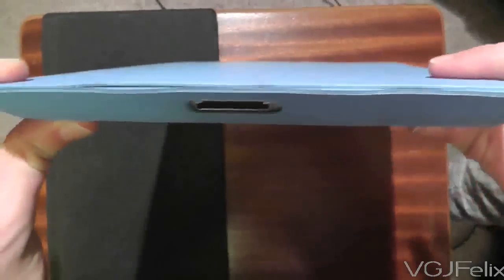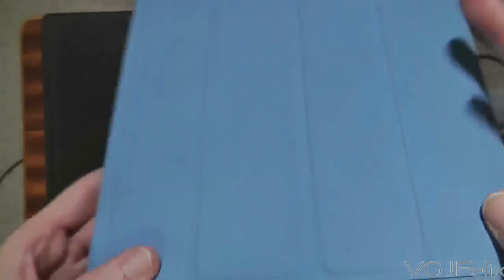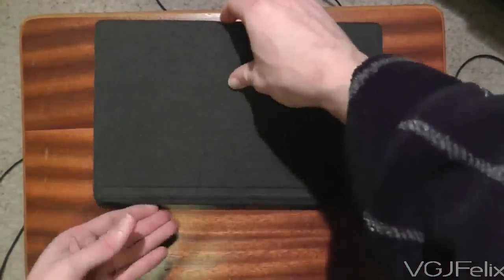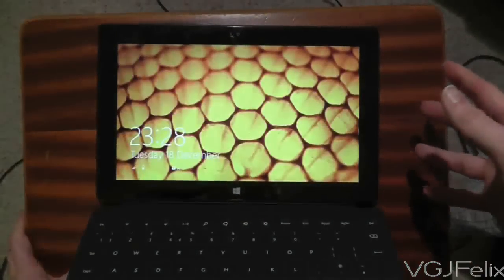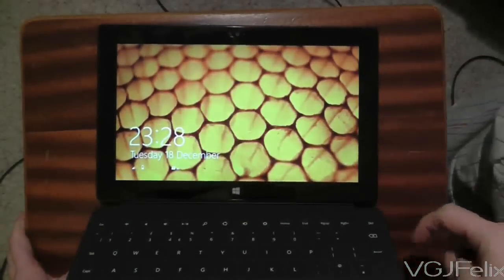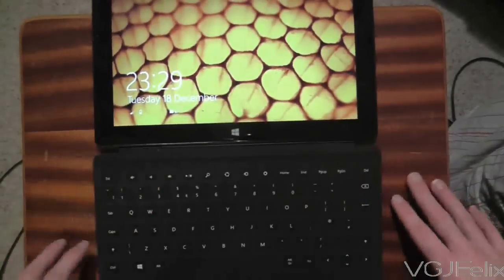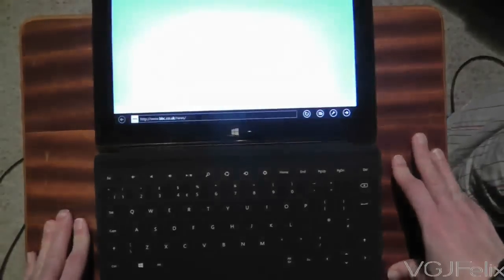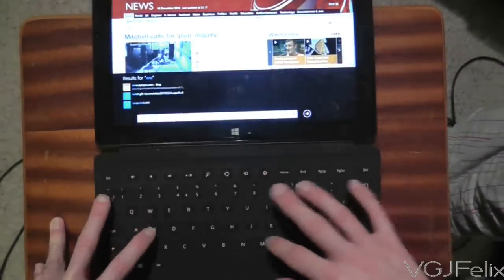I mean, now it looks like a bit of a fat, chunky tablet, as opposed to the rather streamlined one that we saw previously. Now, with the Surface RT, you will notice that if I open up the keyboard, it takes slightly longer to unlock, which is a bit of an issue. But of course we have the touch cover keyboard, so it now turns itself into almost a fully fledged tablet if I wanted to do that, and then I could start typing stuff in if I wanted to,